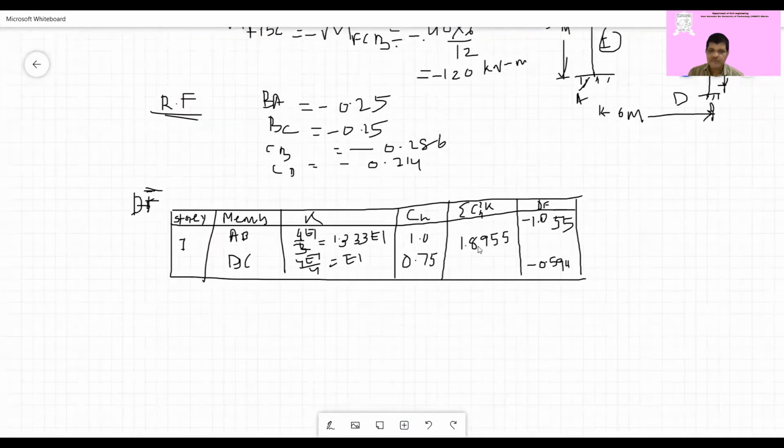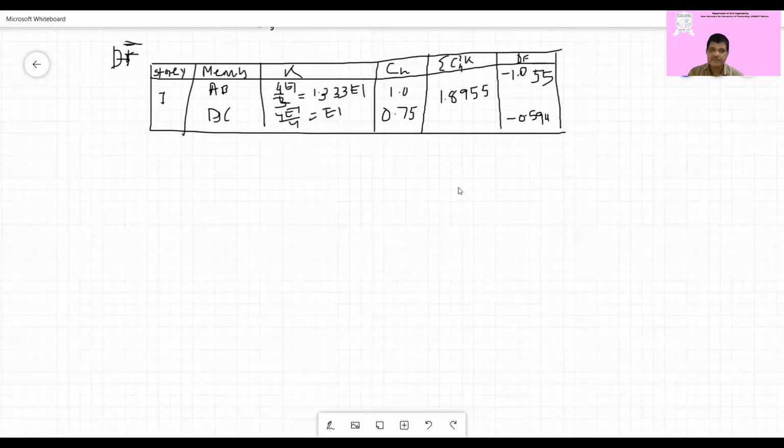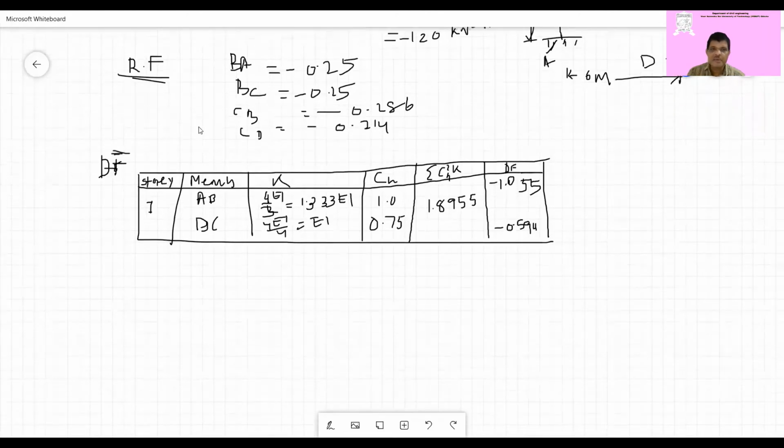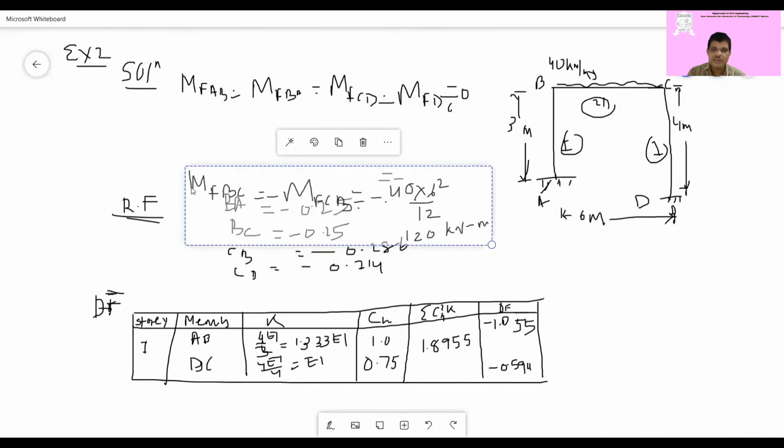So don't confuse that value. So it will be a different value. So now this is the displacement factor we have obtained. Now we'll go for the story moment. But the story moment here, there is no story moment because we have not applied. When the story moment will come, I have already told that